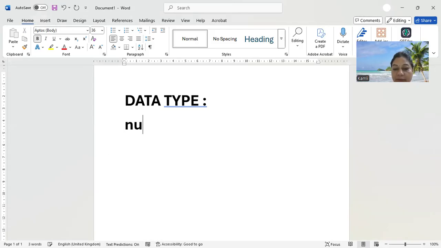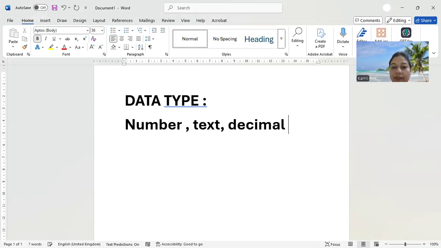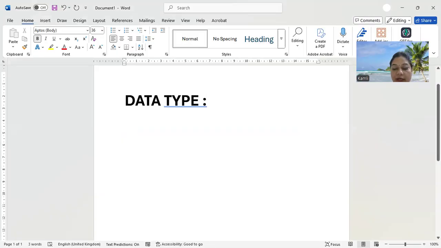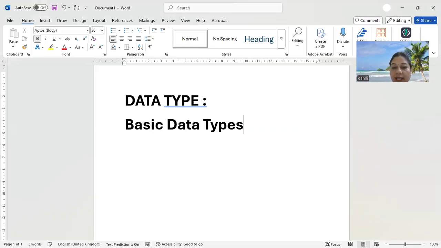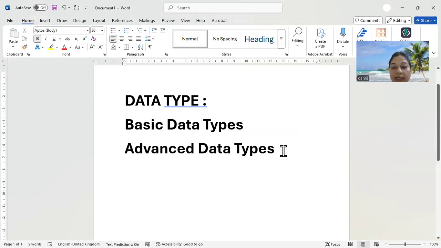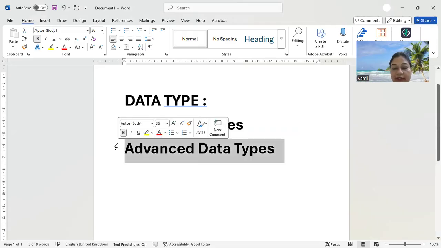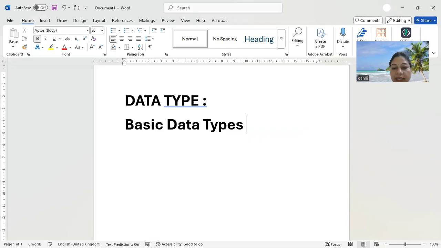Whether it is a number, or a text, or a decimal value. Right? So data types are of two types. They are basic data types, or primitive data types, and the advanced data types, which are non-primitive data types. Advanced data types we will discuss later. Coming to basic data types, there are four types of basic data types in Python: int,